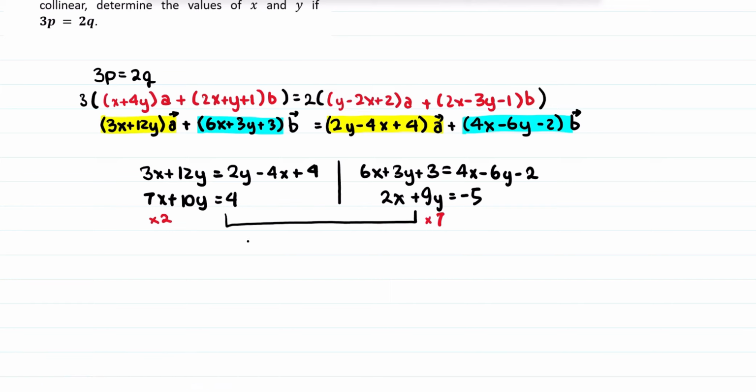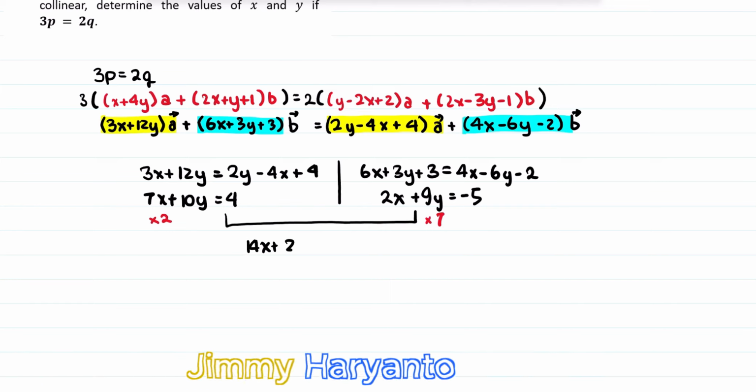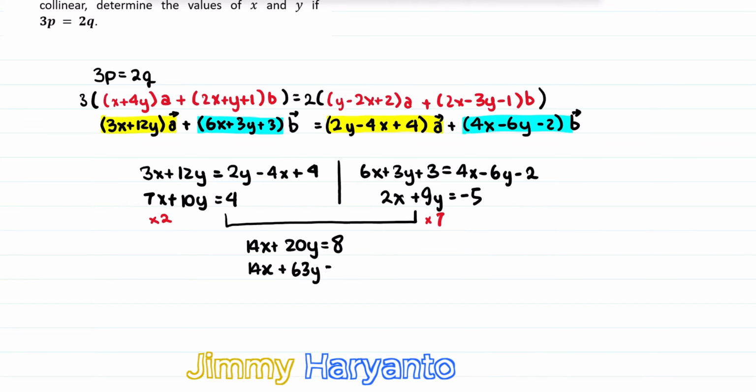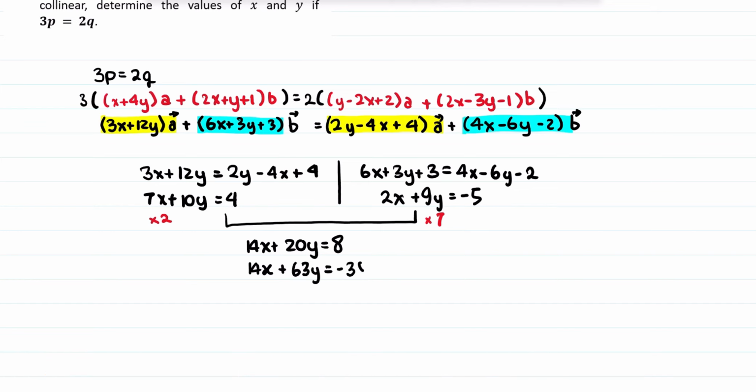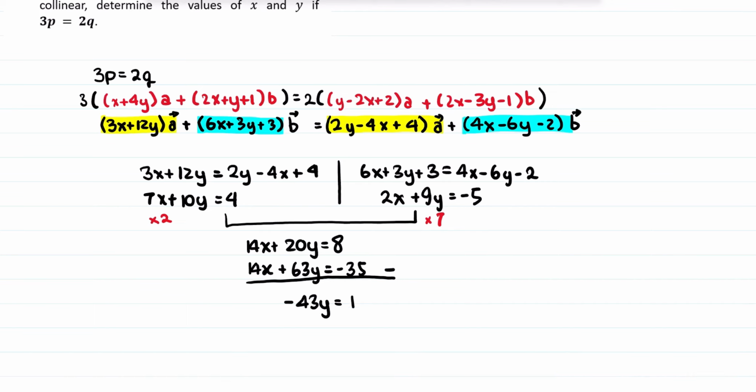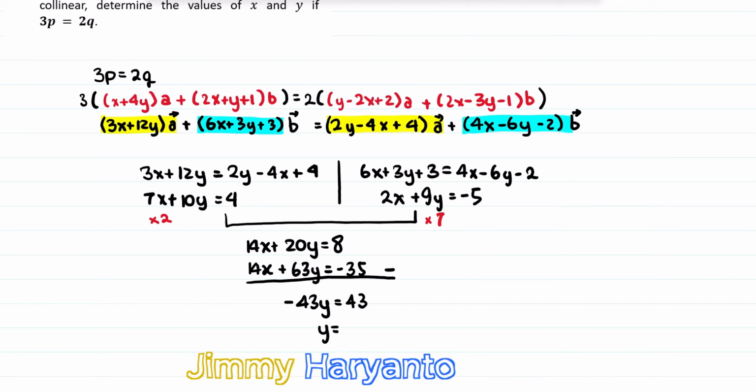So I will have 14x + 20y equals 8, and then 14x + 63y equals negative 35. Then I will only have to minus it. You will have negative 43y equals 43. So y equals negative 1,